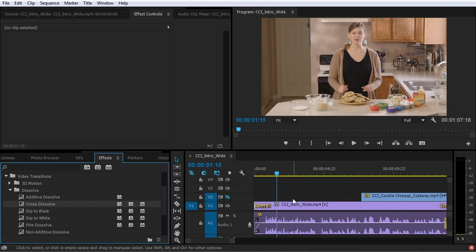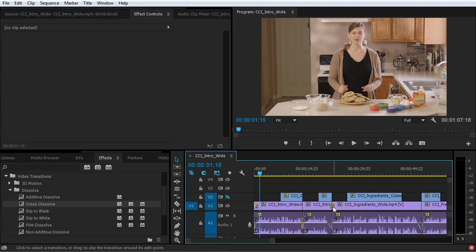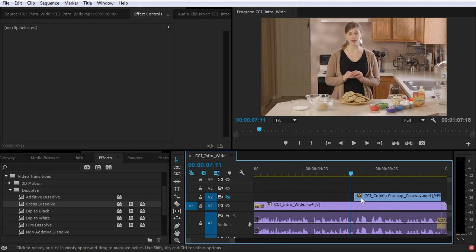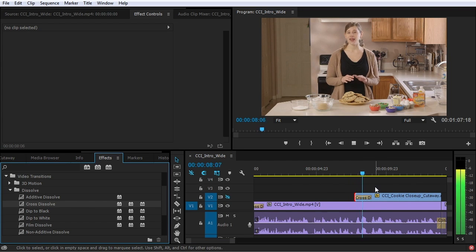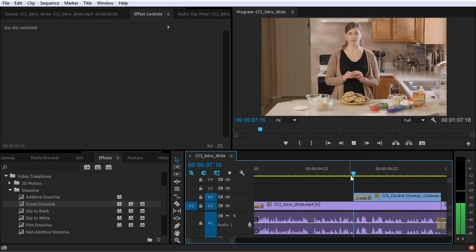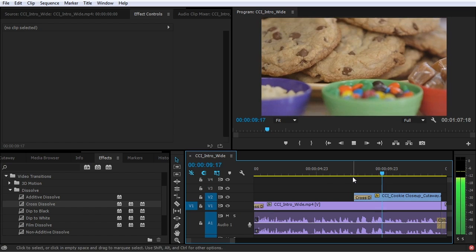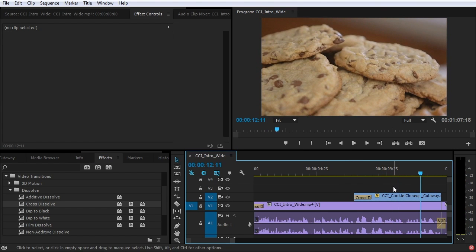Which is what I wanted. I'm going to delete these two transitions. And I think it might look nice to throw a cross dissolve right here. And in order to see that, I'm going to have to toggle on the track output. Not flat, not too dry, delicious flavor, picture perfect. And I get a nice little fade up